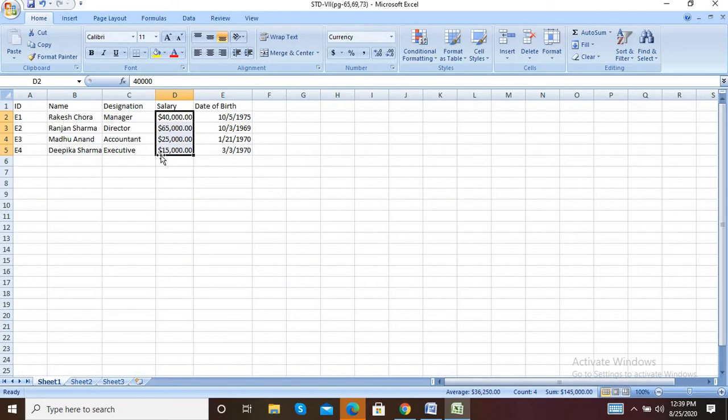Next, select the date of birth column and change the date format to display the date as DD-MMM-YY. DD-MMM-YY means date, month in text, for example this is August, so AUGUST full form also, or AUG also. So date, month and year. For that select the date values.